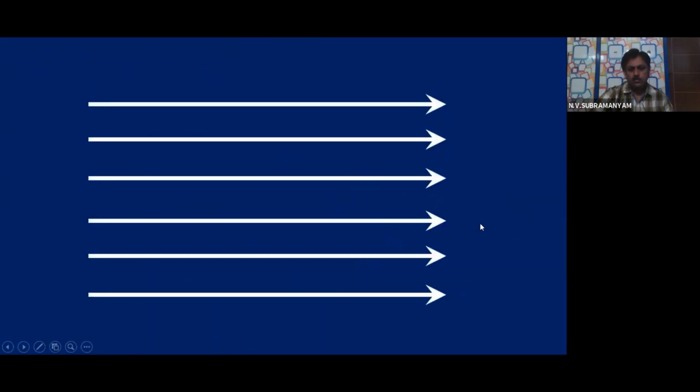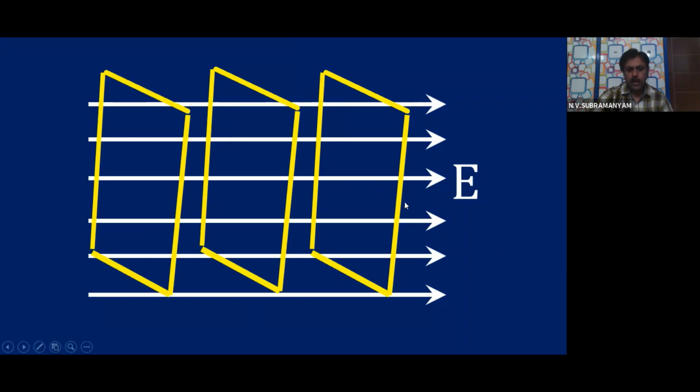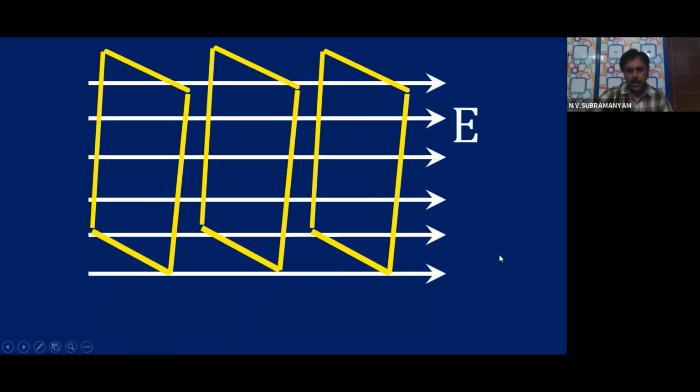So I am using one more example. This is a uniform electric field. You studied uniform electric field in unit 4, where the field lines are equidistant, parallel and unidirectional. All are in the same direction, all are parallel and at equal distance. Now, in this uniform electric field, how are the equipotential surfaces? They are planes which are perpendicular to the field lines. I will show you, one minute, children. Let me show you.